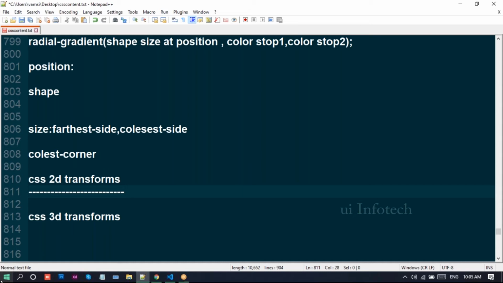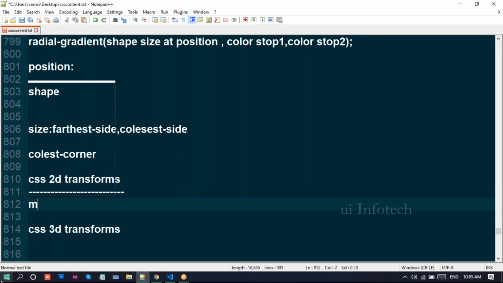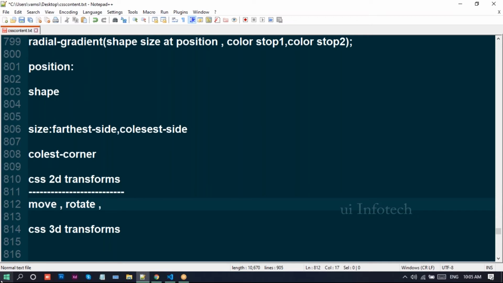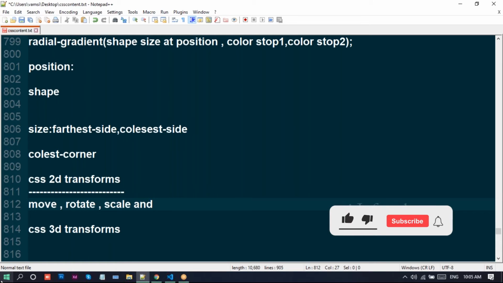With the 2D transform features you can perform basic transform manipulations: move, rotate, scale, and skew.